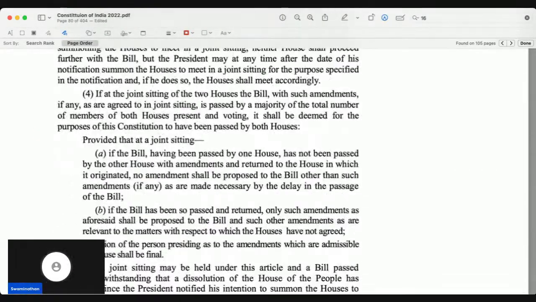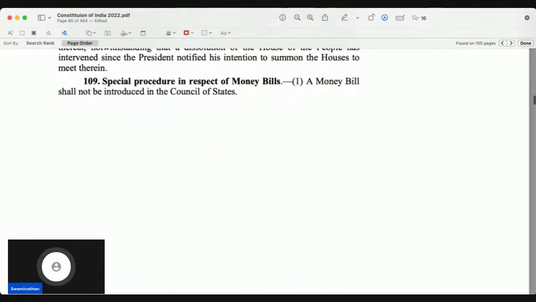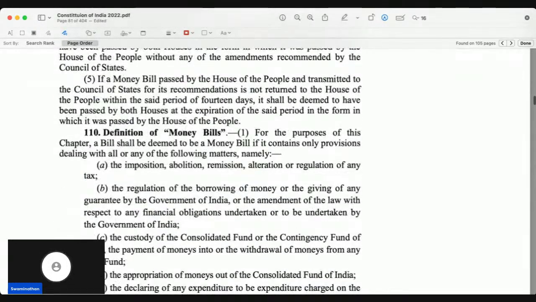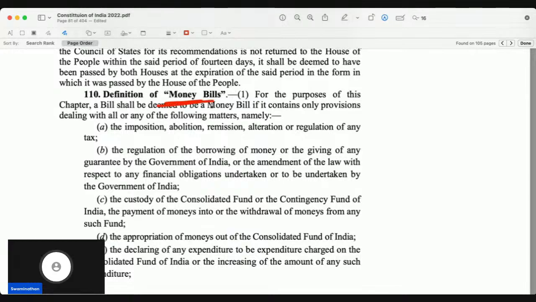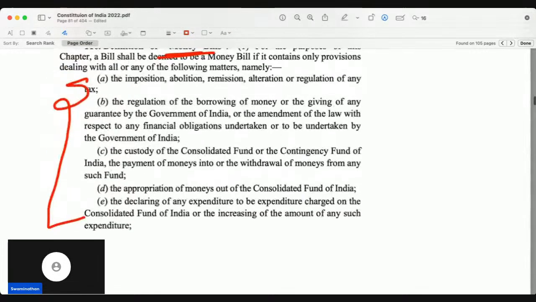If you read the articles, you will find the same thing. Then we have another key term which is a money bill. Money bill is defined under Article 110 of the Constitution. What amounts to a money bill? Any bill which is trying to serve these five purposes, actually six purposes, which is there in the